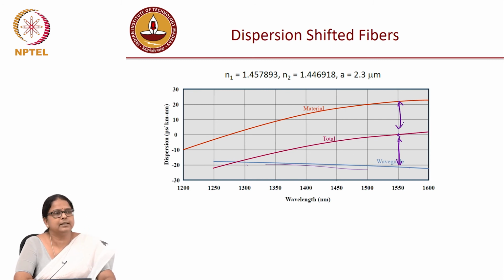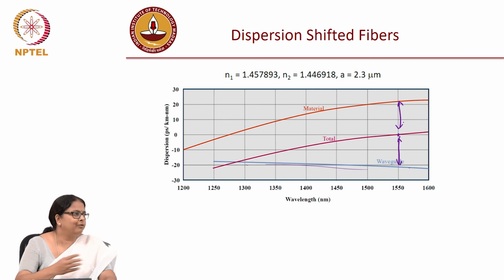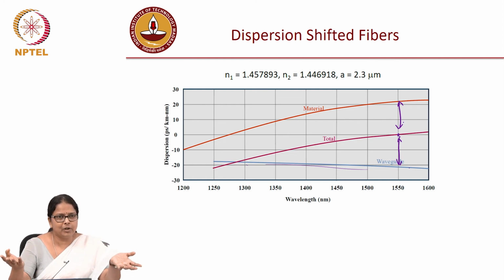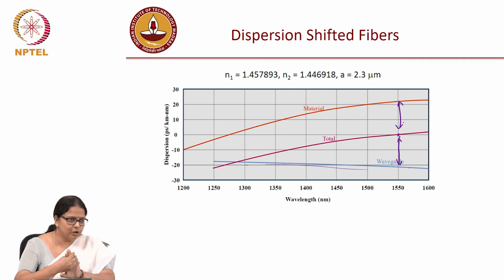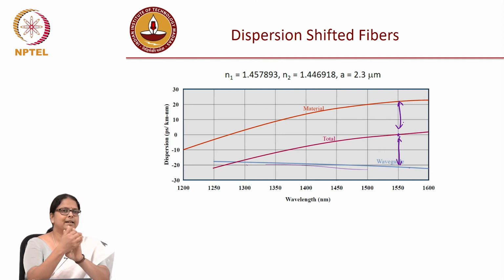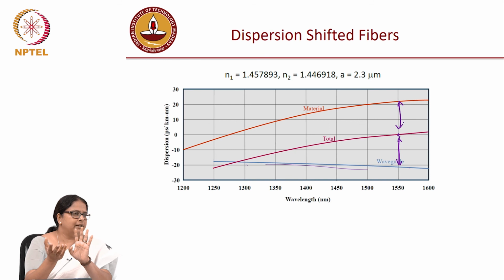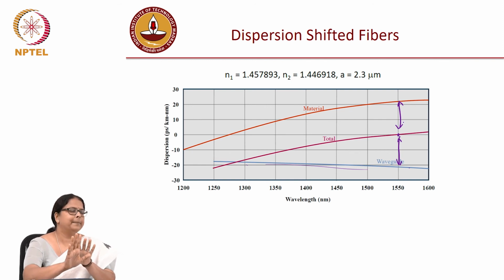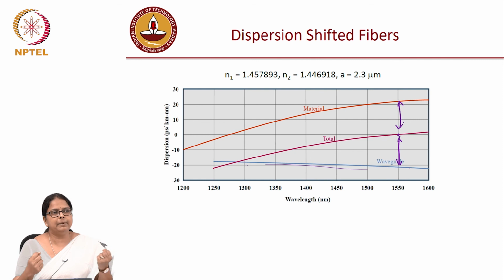In fact, it is said that it was deployed in Japan for very long distances, and they had to pull it back and replace it with regular standard single mode fibers, simply because the fiber started behaving as a nonlinear medium. When there is no dispersion, all these colors start mixing with each other like in any nonlinear medium. Even when there is dispersion they would mix, but because of dispersion all these colors walk off, so that no phase matching happens for the nonlinear process. Whereas when you took away the dispersion and made it zero dispersion, the fiber became a very ideal medium